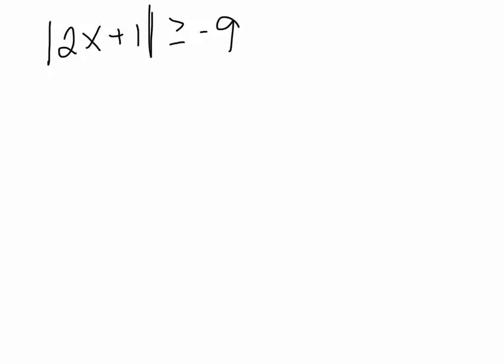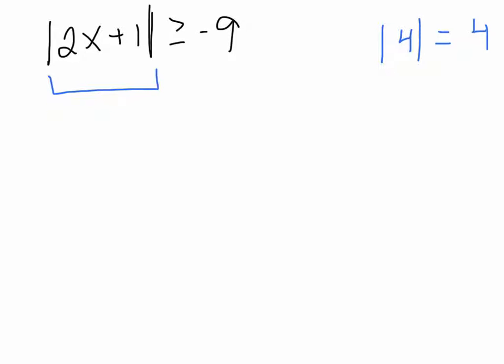Absolute values with compound signs are just a little bit different. An inequality means that there's more than one answer. So what we have to determine is when is this, or is this ever, going to be greater than or equal to -9? When I take any number that's inside an absolute value, so for example, the absolute value of